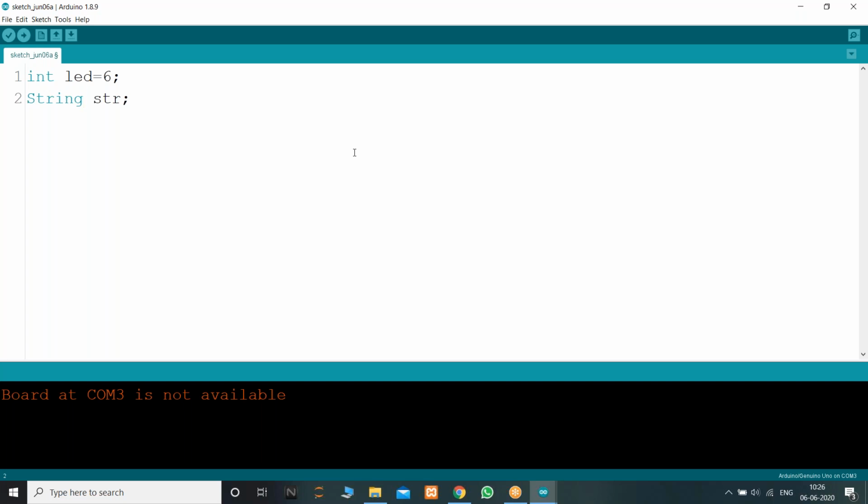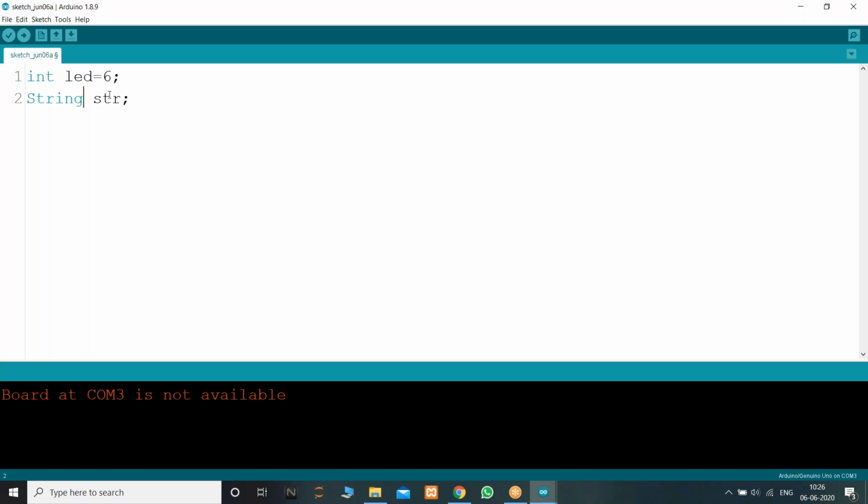Shall I go with string, or do it with characters only? String, fine. You may use a character also by changing string to char. Simple. But with characters, you need to give only one character. If you give a string, the first character will be compared.